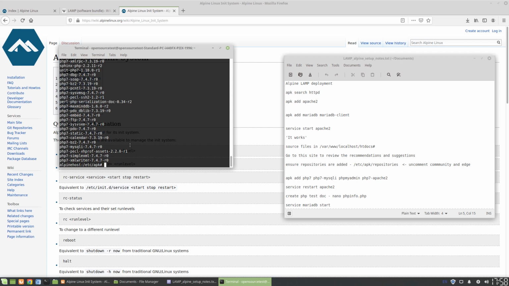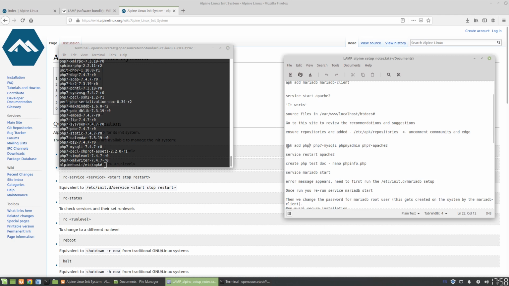So what we're going to do is add these additional repositories and see, have this in the notes too. And I'll try to include the notes in the blog as well, in case it's easier to follow along. But we just do apk add PHP 7. This is going to pull in a whole bunch of stuff. But we also want to make sure that it gets